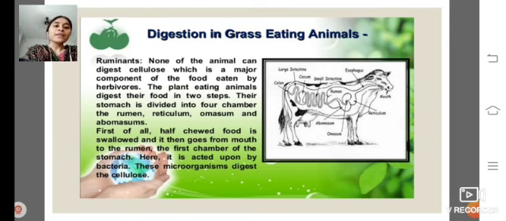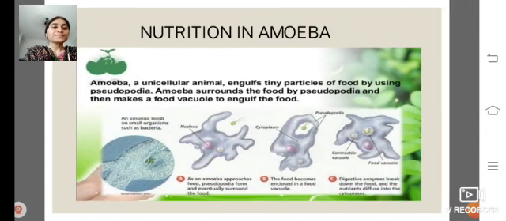After that, the rechewed food particles enter the omasum. In the omasum, with the help of certain bacteria, the food particles start getting digested, and from the omasum the food lastly enters the true stomach, that is abomasum. Here all sorts of digestive juices are there and further digestion takes place.